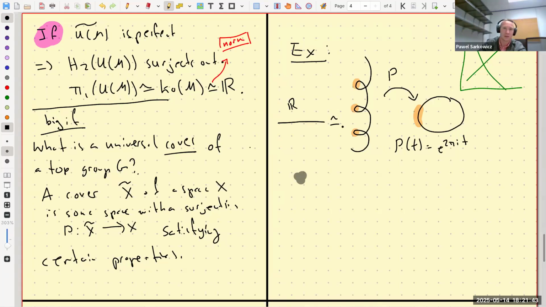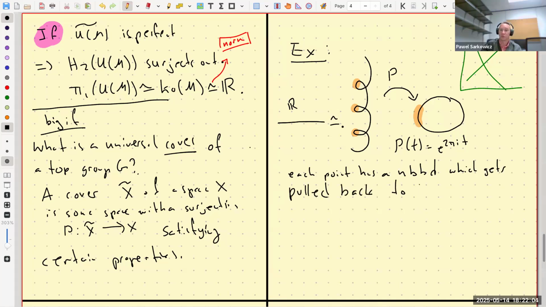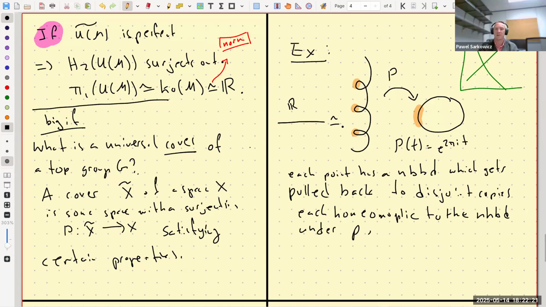So each point has a pullback, has a neighborhood, which gets pulled back to disjoint copies, each homeomorphic to the neighborhood under the map. So this is what it means to be a cover. And so